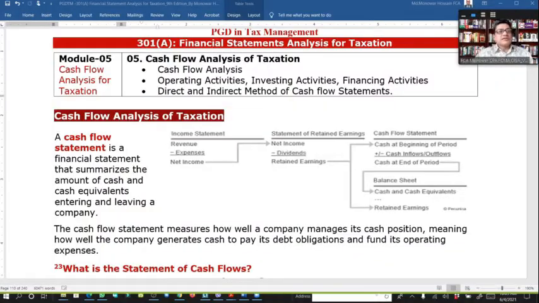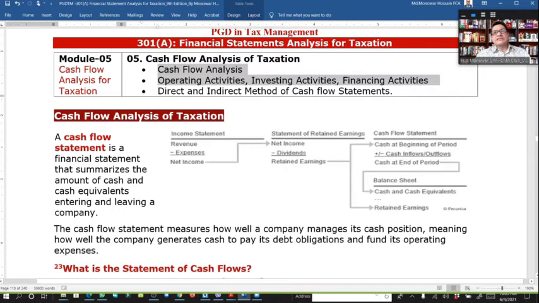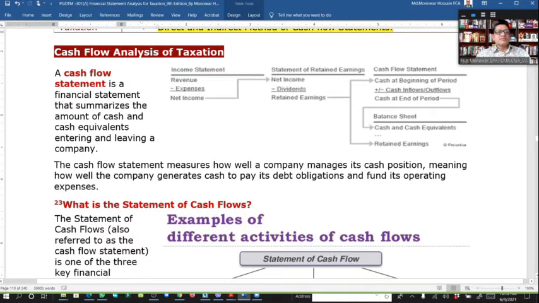So today we'll discuss a few things: cash flow analysis for taxation, and this is the last one of this session. So we will see today cash flow analysis, operating, investing and financing activities, and the direct and indirect method of cash flow. Just for basic understanding, we know that the cash flow statement is a financial statement that summarizes the amount